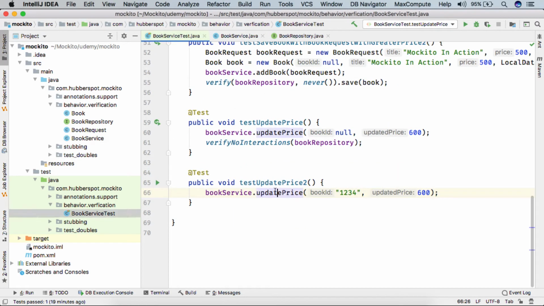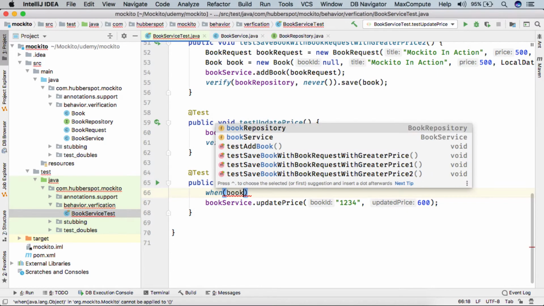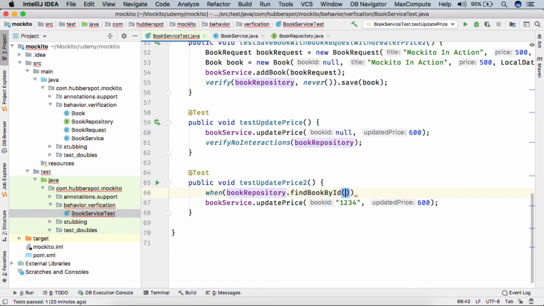So here let's say what we do is we stub the findBookById method.